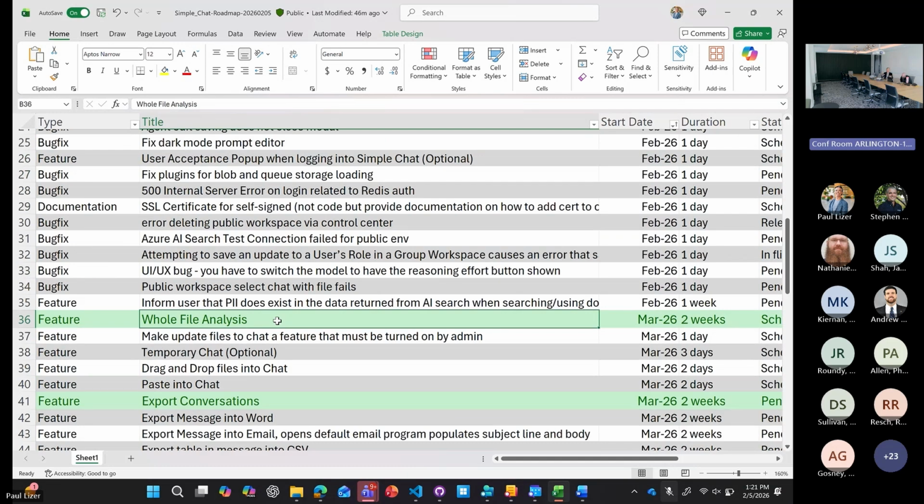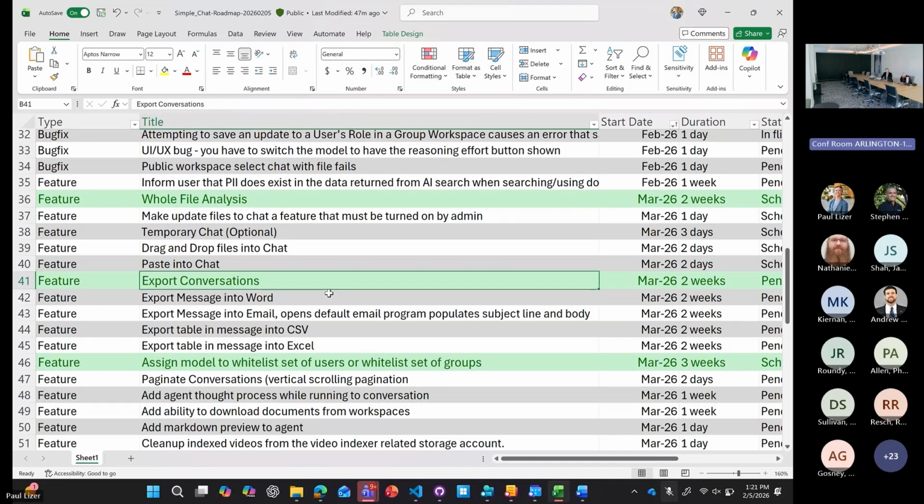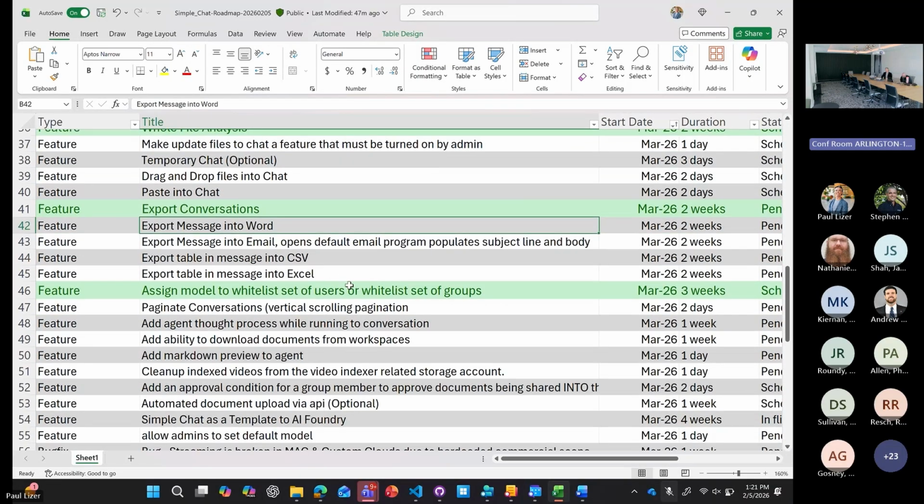Some other things, whole file analysis. So we already have the files, but right now when you ask a question, it searches. We're not doing something like comparing document A to B or finding out how many times it says the word "the" in a document. Right now you can't do that because we're doing search-based analysis. We'll be adding in, again, an agent that can then go in and do this whole document work. So we'll be adding that in, exporting conversations, assigning models to whitelist,